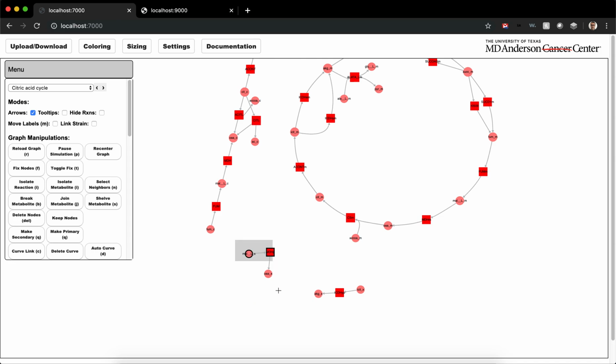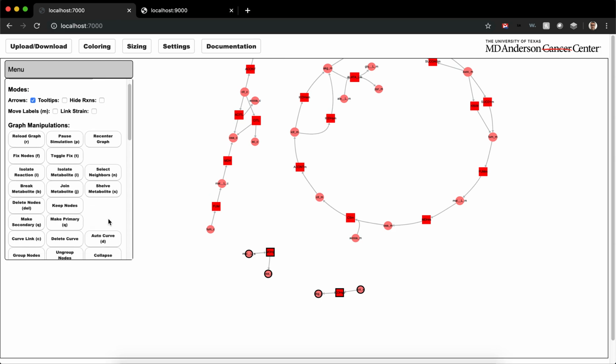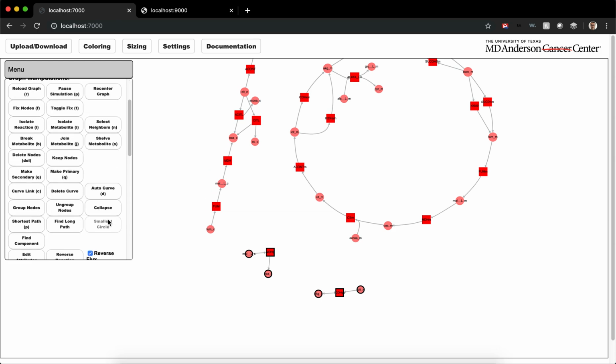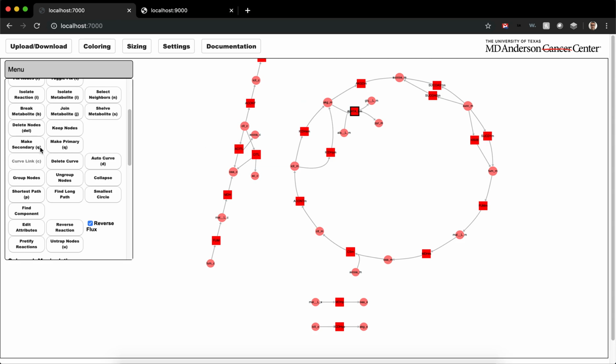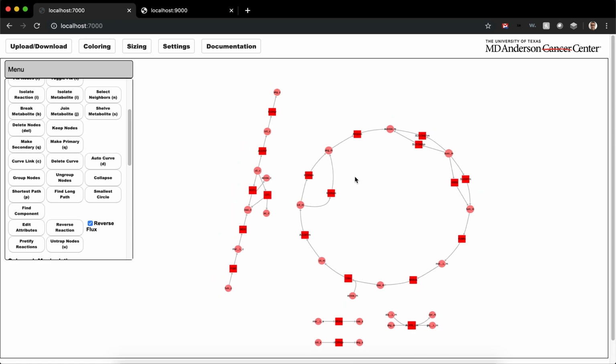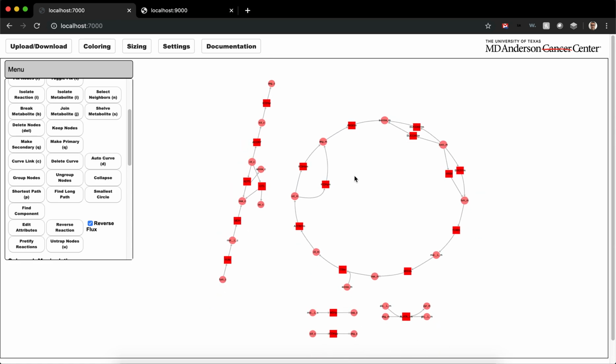Sometimes you have these loose reactions over here. We have this prettify button that arranges them in a nice format over here, and that just sort of puts them over there. Here we're going to release this. This is a better example. So select this reaction node and say prettify, and that's going to also arrange it if it has multiple inputs and outputs. So these are just some of the ways that you can go around placing nodes